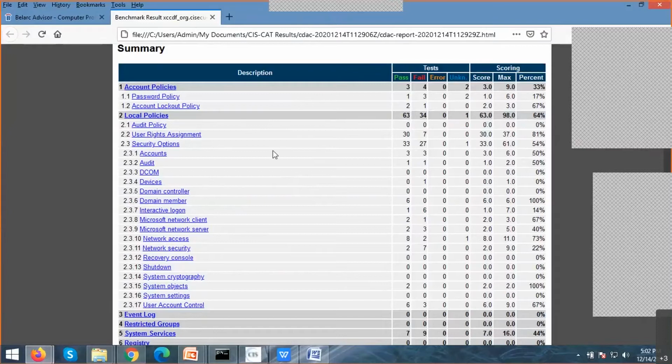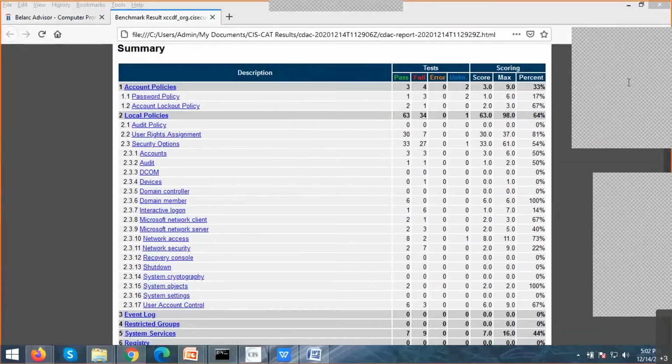Okay, so here you can see your score, whether it is a pass or a fail, and what the percentage is. Yeah, mine is set to 0. 0 means you can be hacked at any time, sir. So from a security point of view, I think you can harden it.